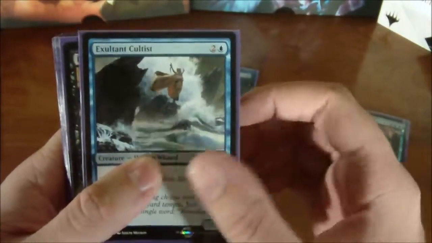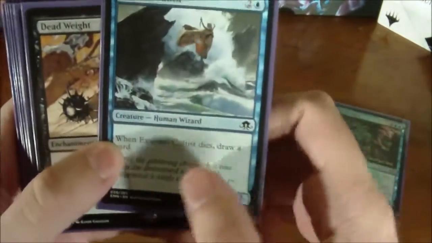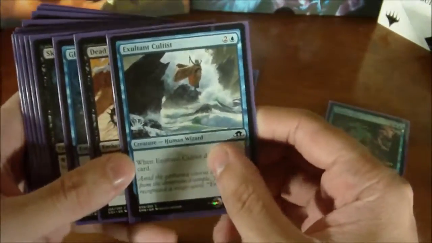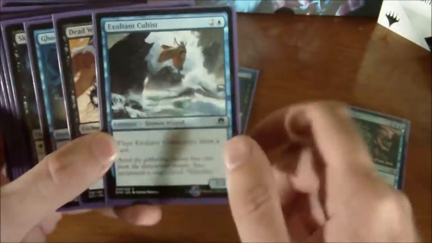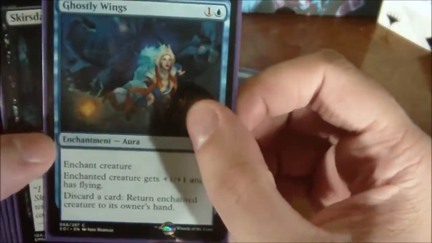So we also have the Exultant Cultist, which I have 3 of in this deck. 2/2, whenever it dies, draw a card. So I have some things that allow you to sacrifice creatures in this deck as well. And a couple of cards that bring cards back as well. So I actually got quite a bit of use out of these guys. Really enjoyed having them. Dead Weight, Ghostly Wings,